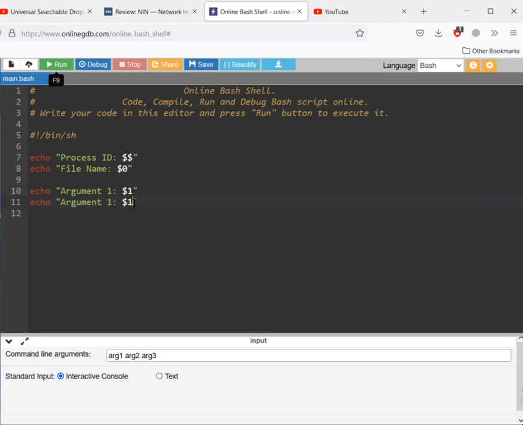Similarly, I can use $2 to print the second argument and $3 to print the third argument.